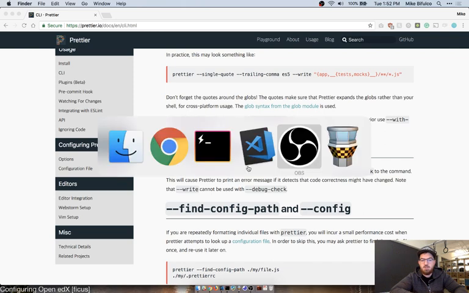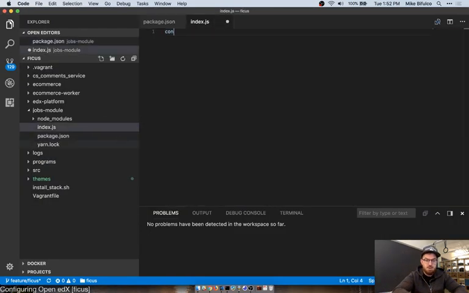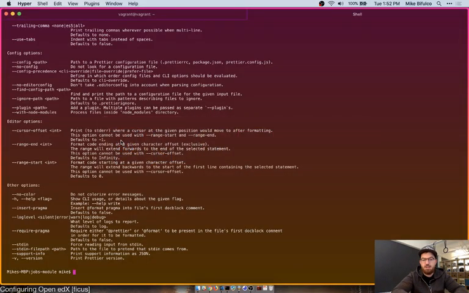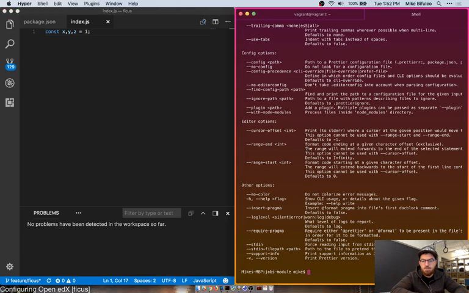So let's see how this works. In theory, if I have something like this, I don't think prettier will like that for a number of reasons. So let me put my command line on the right, my code on the left. We're going to run prettier, and we're going to point it to that file.